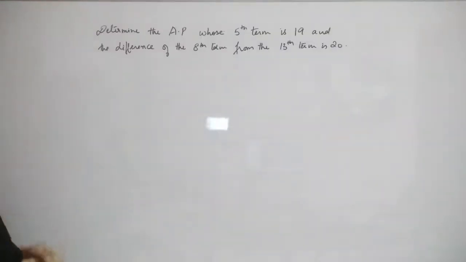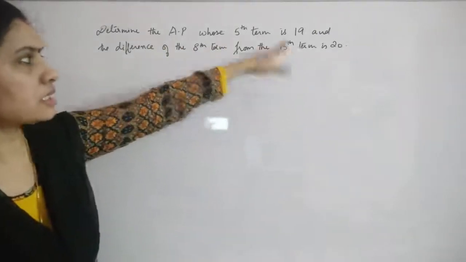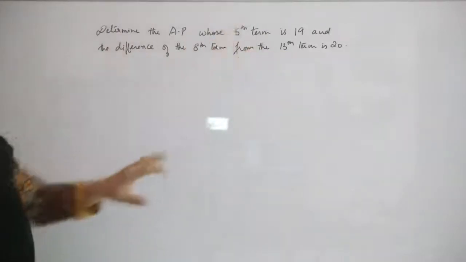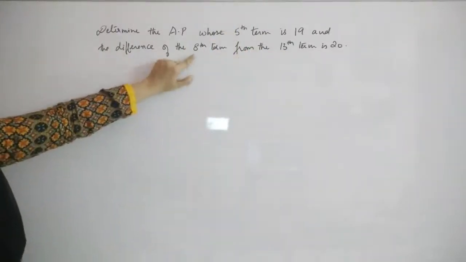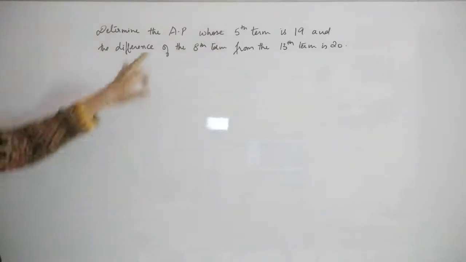Question: determine the AP whose 5th term is 19 and the difference of the 8th term from the 13th term is 20. That is, the 13th term minus the 8th term will give you 20. So one equation you will get that, and the other one will be the 5th term is equal to 19. You have to solve them and find out what is A and D, and then you will get what is